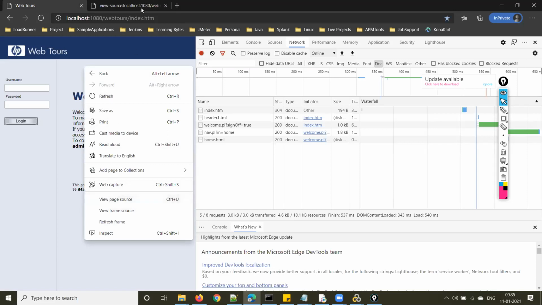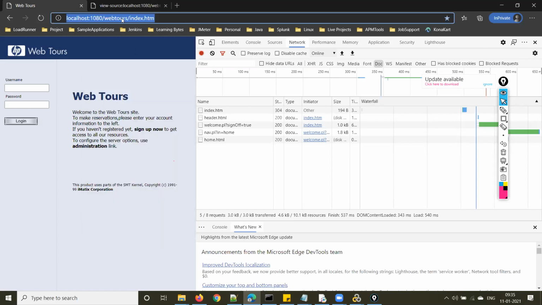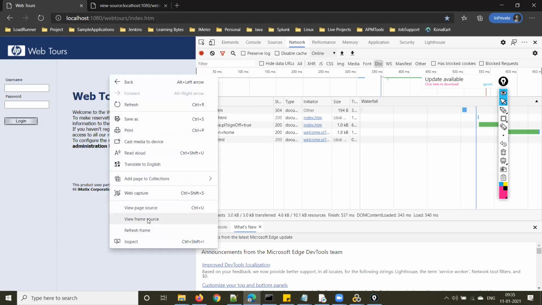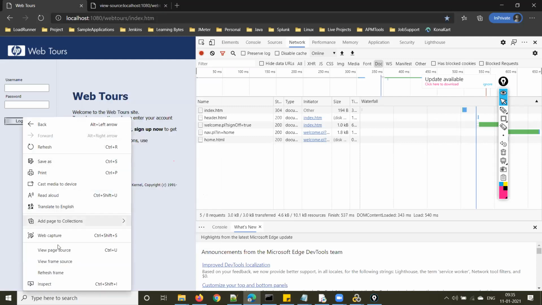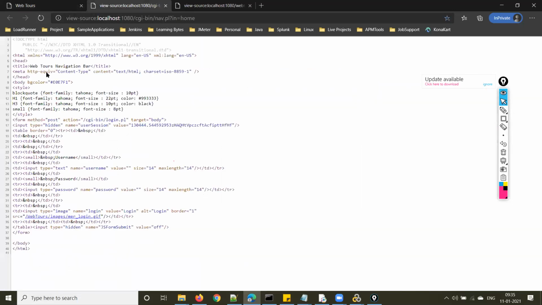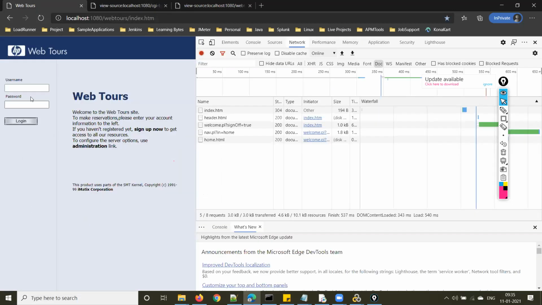Page source shows the HTML code of the main request, but if you click over here and use frame source, it will show the HTML code of this frame.